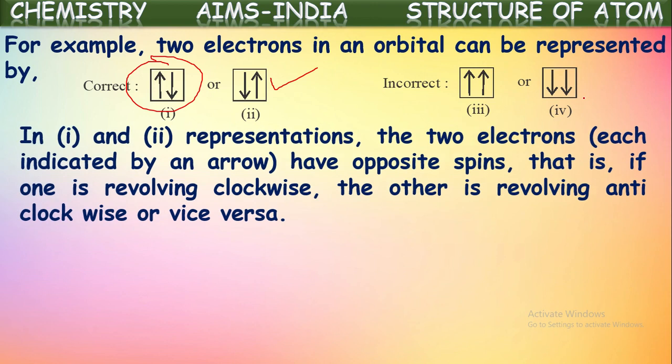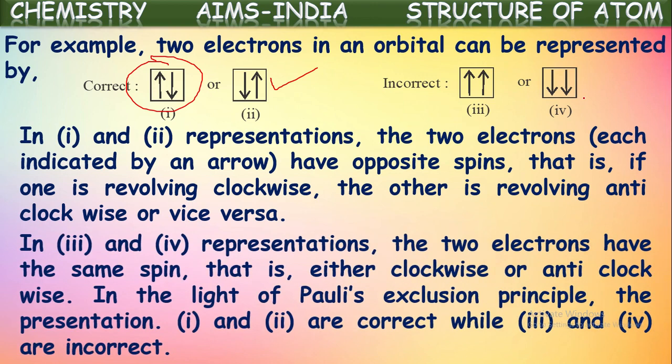Now, in the first and second representations, the two electrons have opposite spins. That is, if one is revolving in the clockwise spin, the other is in the anti-clockwise spin, and vice versa. But in the third and fourth representations, the two electrons have the same spin, either clockwise like this or anti-clockwise. What happens if both have the same spin? They will get all four quantum numbers the same. The quantum number values will be the same for these two electrons, which is not possible and is in conflict with